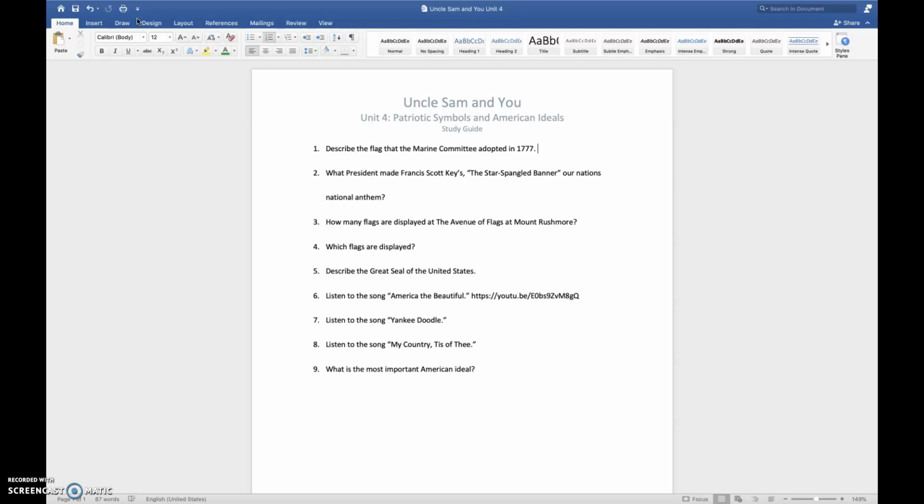Most everything they will find on the quiz, we will have covered in some way on this study guide. So if you did your reading and your workbook pages and this study guide, you should be well prepared for your quiz